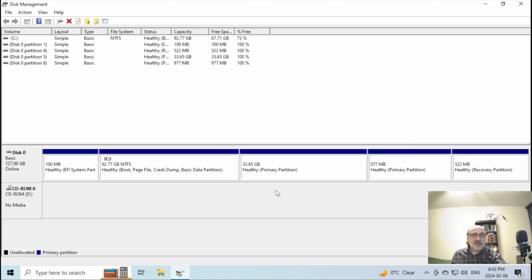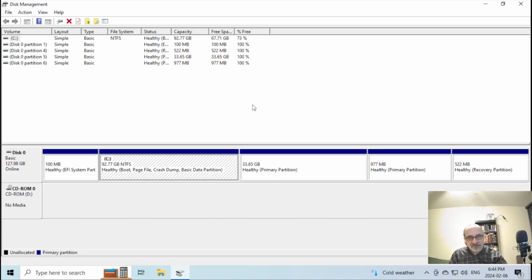And now we can see my Debian partition, which was 58 gigabytes, is now down to 33.5 gigabytes. And my Windows partition, which was, I think, 68 gigabytes, is now 92 gigabytes. And it worked. Now, I know it works the other way because yesterday off camera, so I didn't film